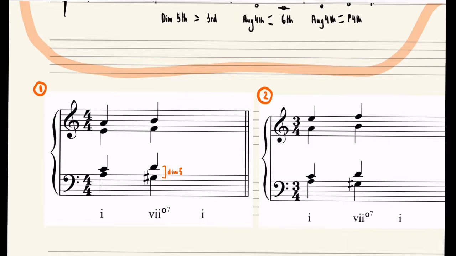Then where do I have another tritone? Let's see, F to B. Is this a tritone? Well, absolutely. From F to B flat, that would be a perfect fourth. So F to B natural, that must be an augmented fourth. Okay, so if I know that, I practically know everything. Because if I have a diminished fifth, I know that I have to collapse it into a third. And if I have an augmented fourth, I know that I can either move the voices in the contrary motion or in similar motion. So notice that in the soprano,